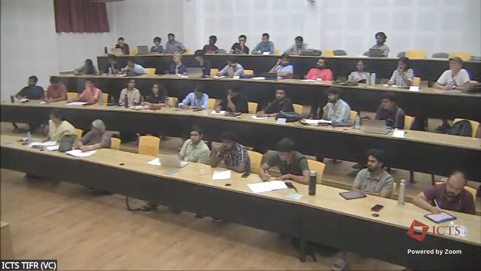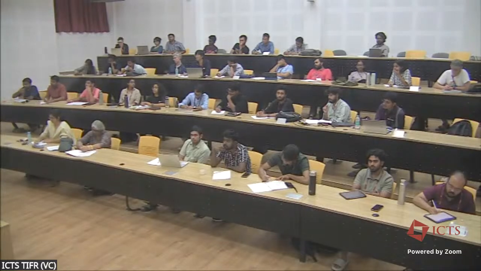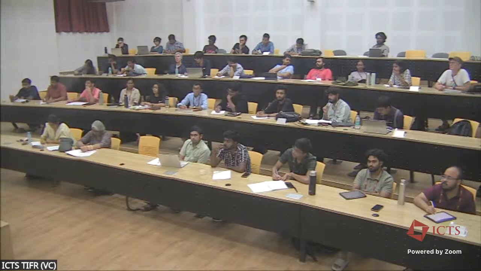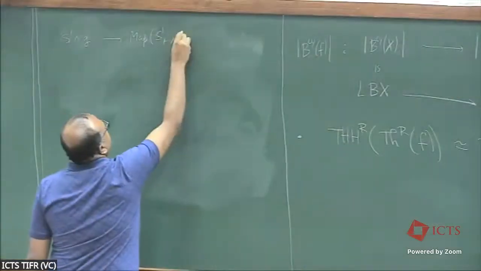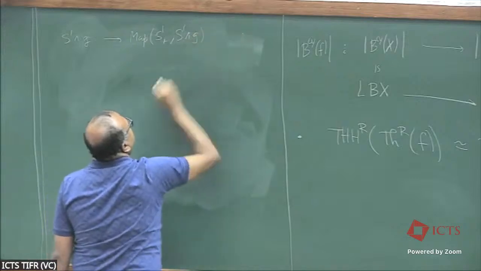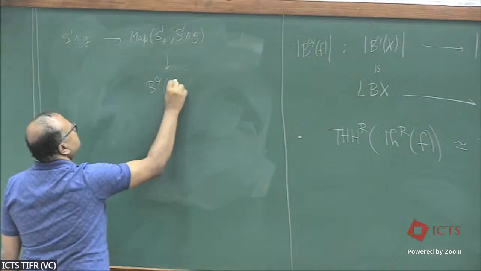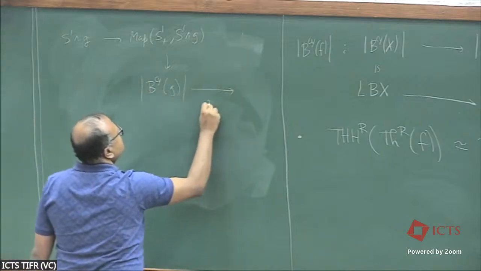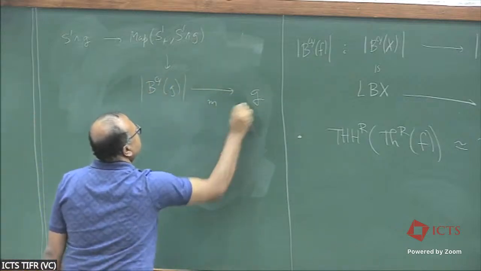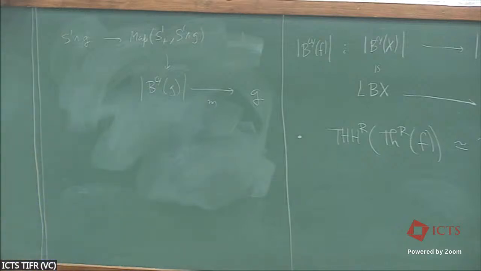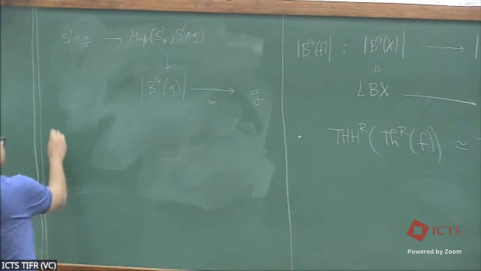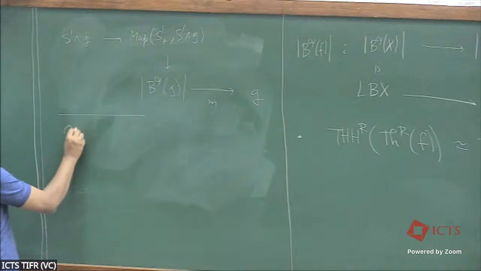that you go from S1 smash G to the cyclic bar construction on G, and then you have this level-wise multiplication onto G. So this is the map you have to figure out. Well, now here you observe,